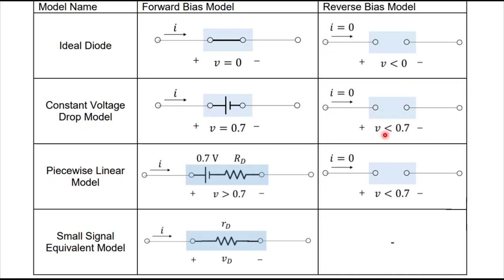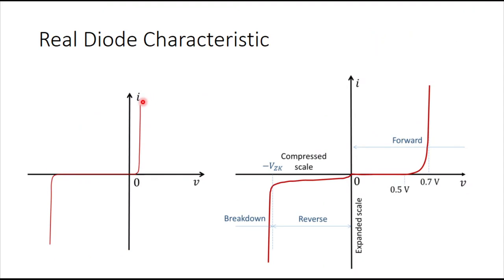If V is less than 0.7, we replace the diode with an open circuit. Okay, can you see the difference? In the ideal diode, we had the reverse bias when V is less than 0, but in the constant voltage drop model, we have the open circuit when V is less than 0.7 volts. All right, okay, so that gives us the model for this straight line and